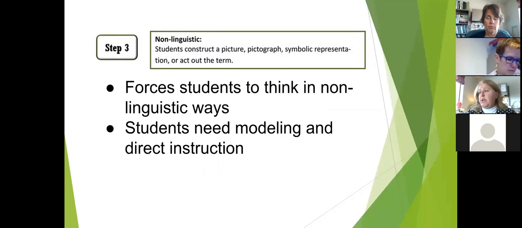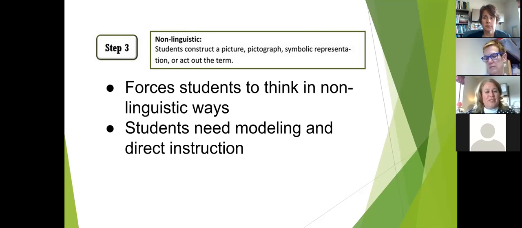Step 3, students construct a picture, pictograph, or symbolic representation or act out the term. This forces students to think in non-linguistic ways. Students need modeling and direct instruction. Students might feel like they can draw, like they can't draw, which, at least initially, can be challenging for them.